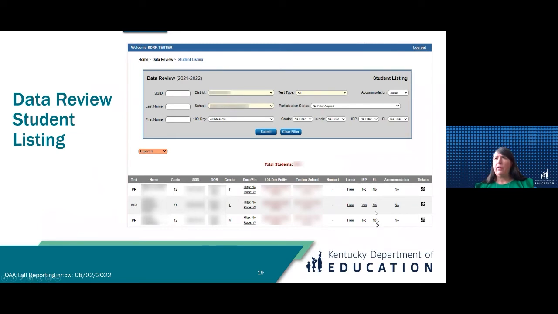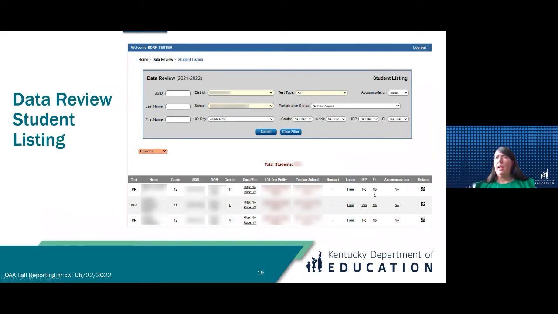Also, our ELs participate on more than just ACCESS and alternate ACCESS. They have to participate in KSA too. And remember for our ELs, for you to mark it for KSA, that had to be marked in Infinite Campus underneath that EL tab for our content assessments.